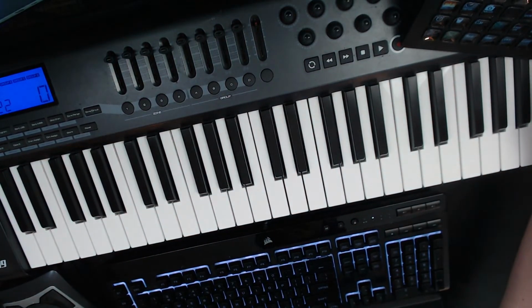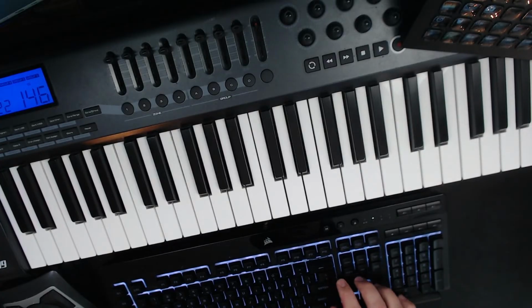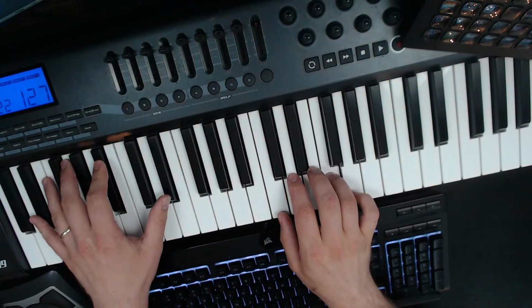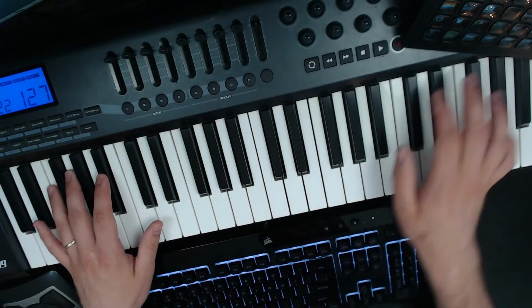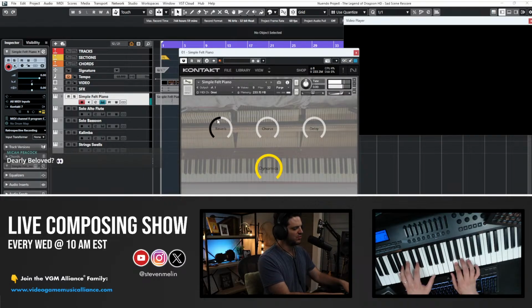And I haven't even put reverb or anything on it, so let's put a little bit. Let's go into the plugin here. Oh yeah, check it out. Just what a little bit of reverb will do.